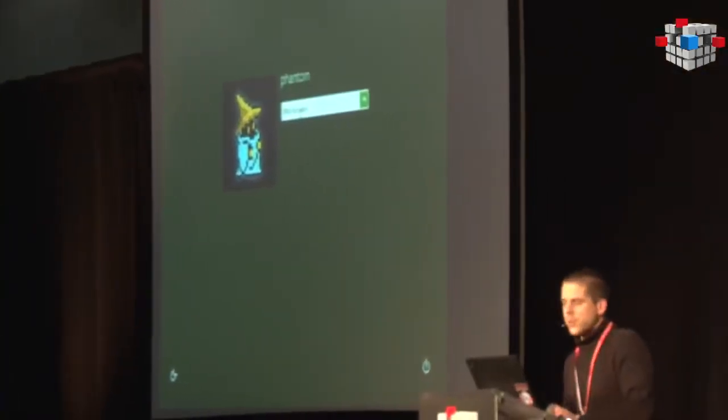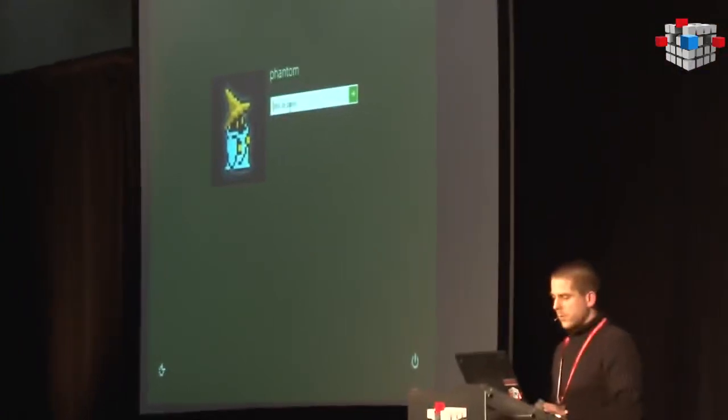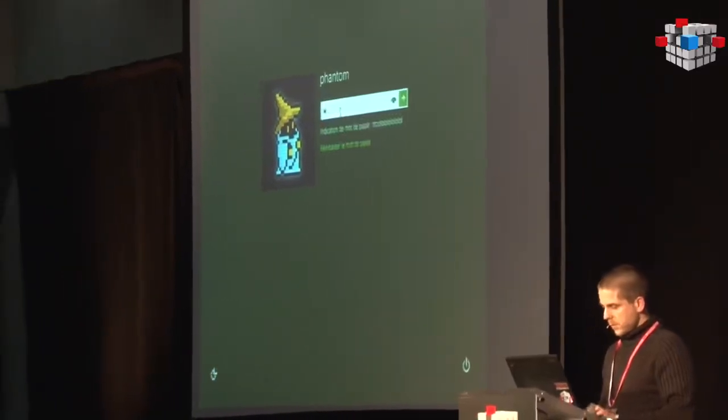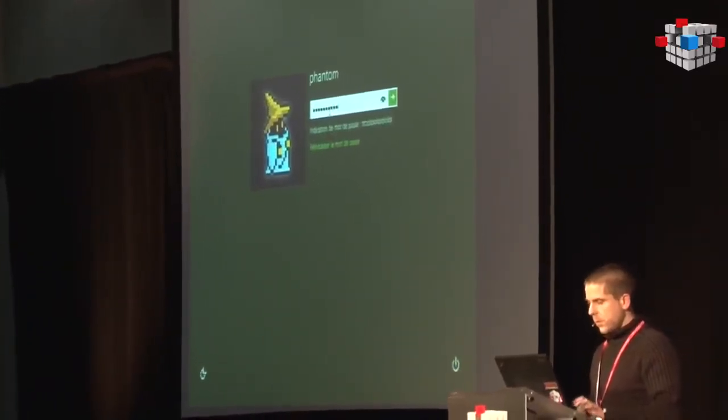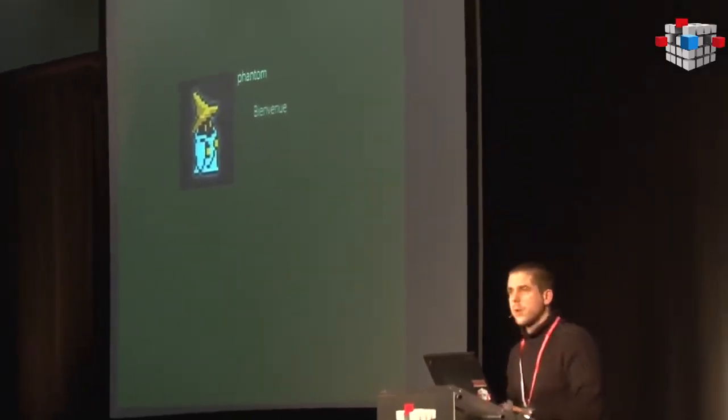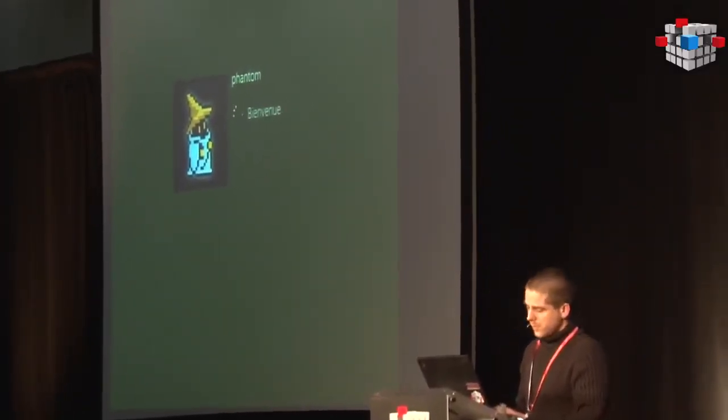I just have a classical account protected by a password. So there, I just open a session. And next I will reboot on the Dreamboot ISO.